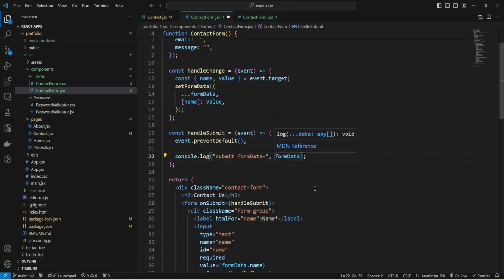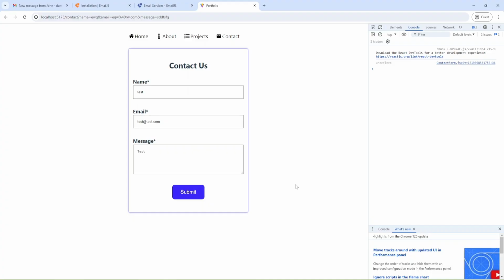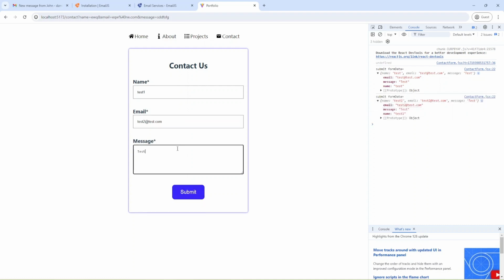Okay, I need to provide a comma here, and let me check again. Submit, and inside formData we have our test, message, and email. I can change some values, and we have our values. Test again, and submit again. Okay, we have our message test again, and everything looks good so far.